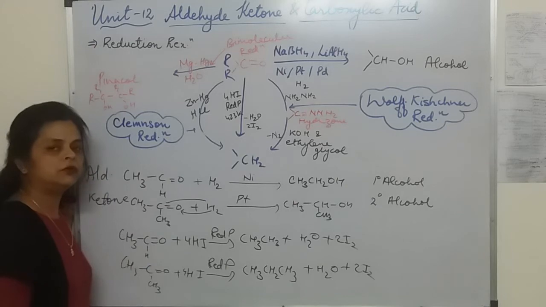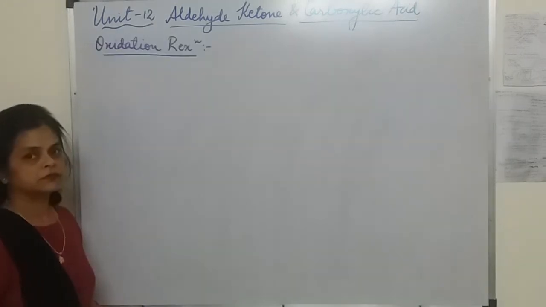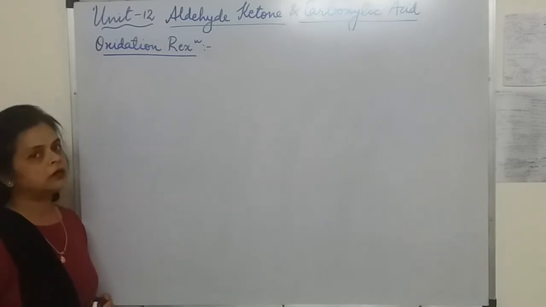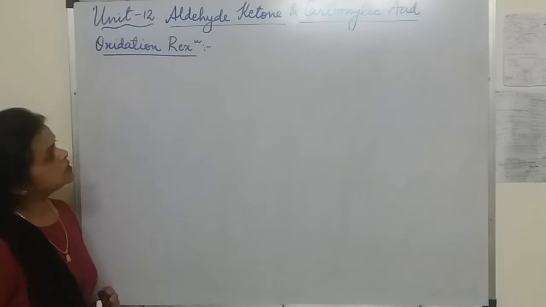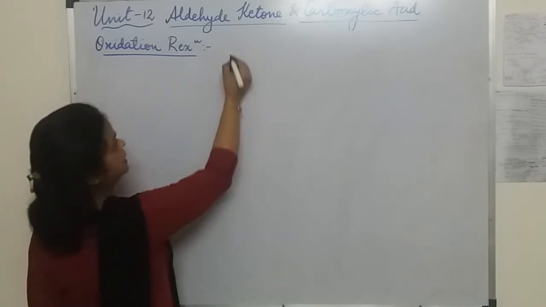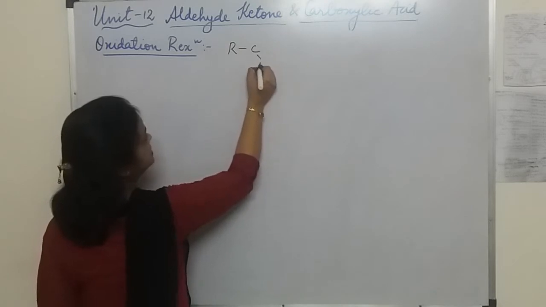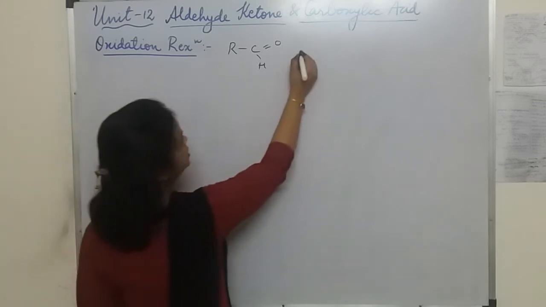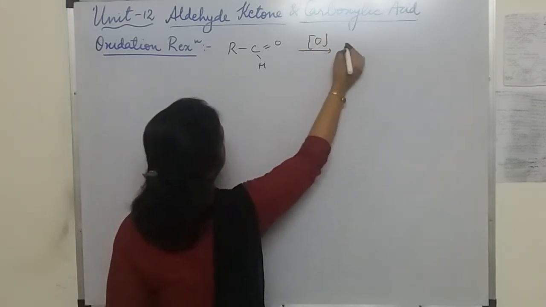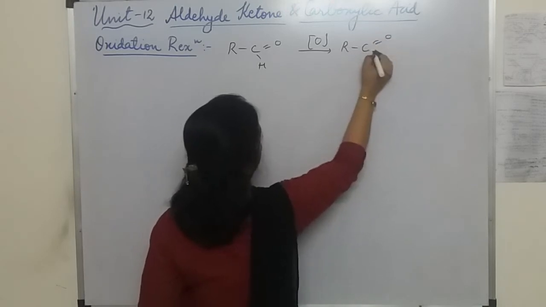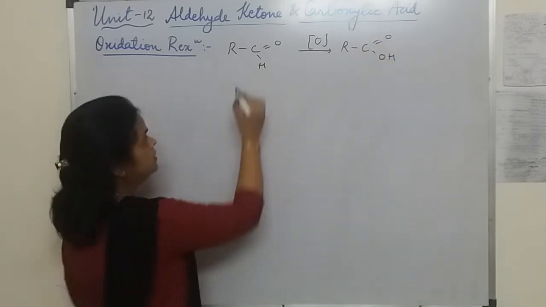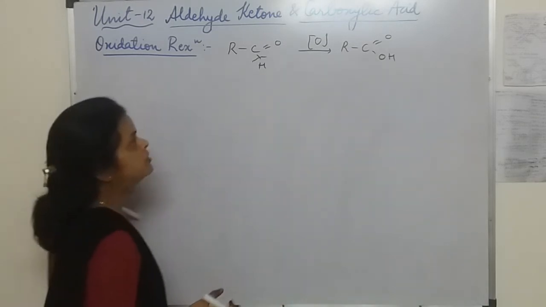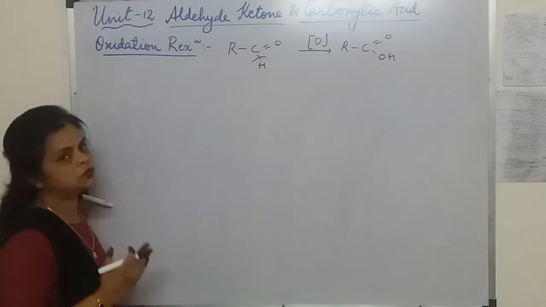Now we are going to discuss the oxidation reactions. The next type of reaction given by the carbonyl compound is oxidation reactions. Now students, here we will notice that in aldehydes we are having one CH bond, and it can be easily cleaved to convert into OH. When you are doing the oxidation, it gets converted into RCOOH. So simply, this bond has to be cleaved and it has to be oxidized into OH. Okay, so with the help of mild oxidizing agents also this can be done.